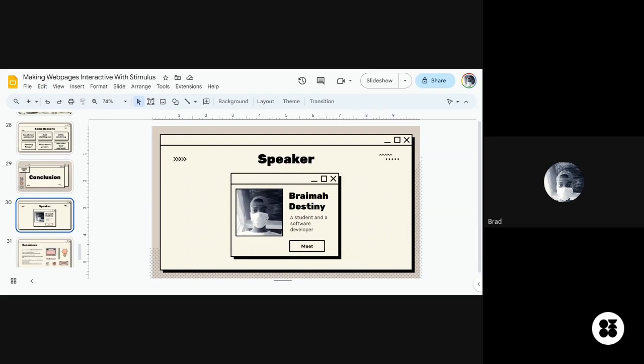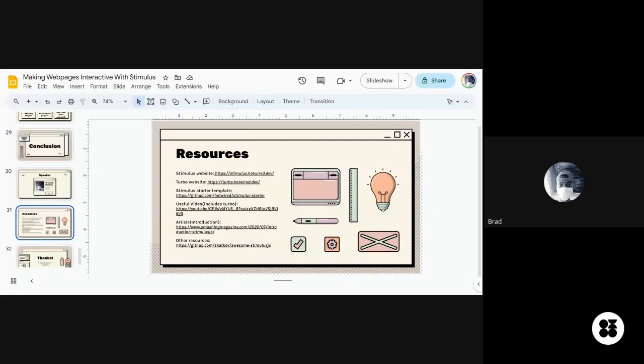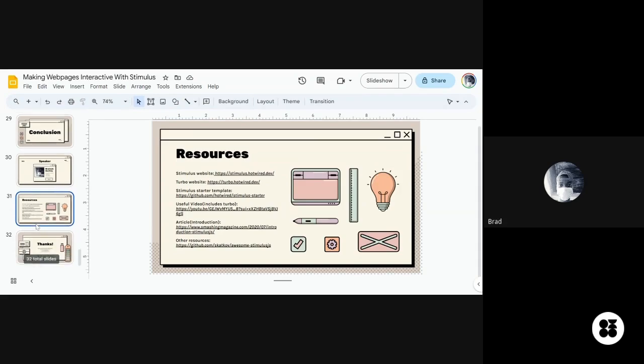I'm a student at the University of Benin, and also at Softwebdigital. These are the resources that will be shared. When we finish, the student will share the slides with you guys. These are some articles and links you can go through that are really very helpful. When I was doing my research on Stimulus, these were some of the things I made use of to learn. The other resources section contains libraries and other wonderful stuff built using Stimulus. Stimulus is built on top of Turbo, and other things are built on top of Stimulus and the likes.